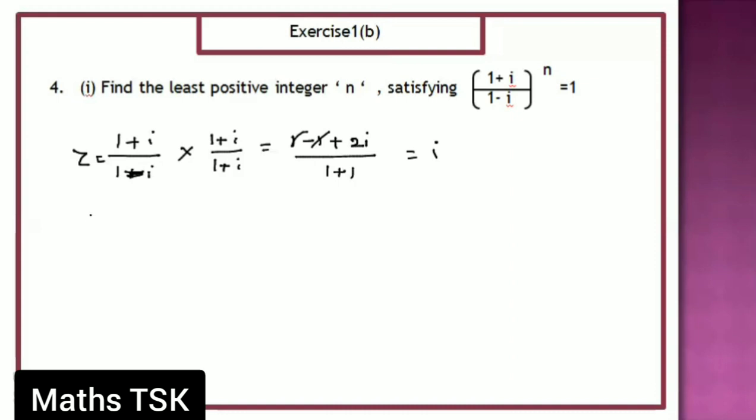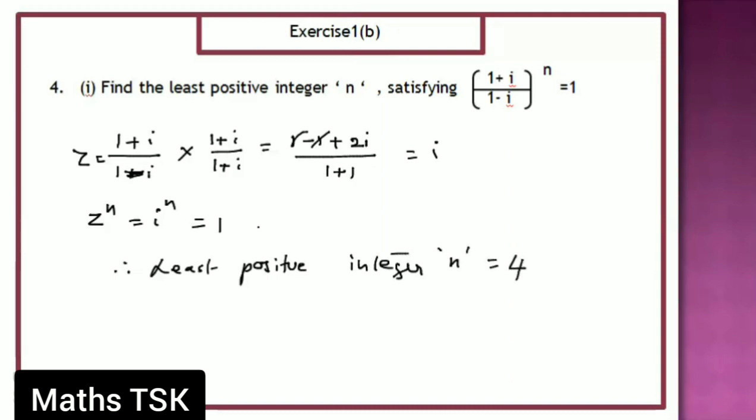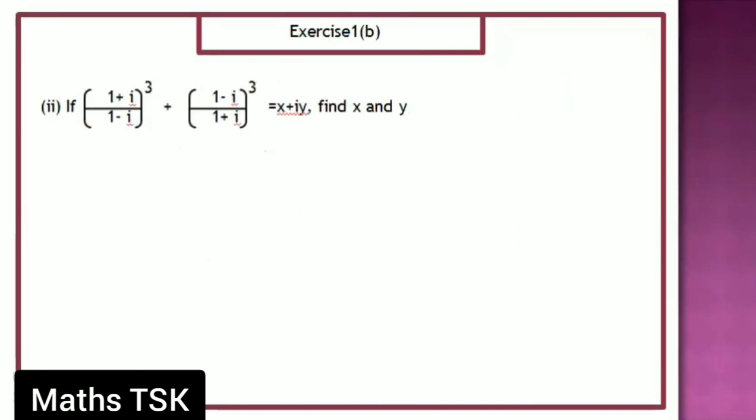So what we need is z power n. Z power n is i power n. I power n, given it is equal to 1. It's possible. Therefore, least positive integer n is equal to 4 such that it becomes 1. When n is equal to 4, i power 4 becomes 1. Okay, right. Next one, look here,